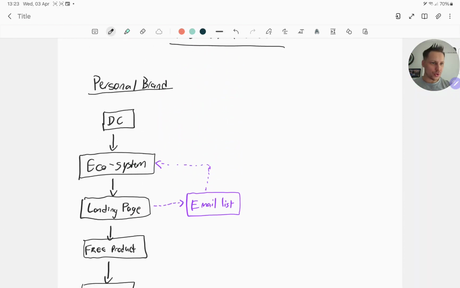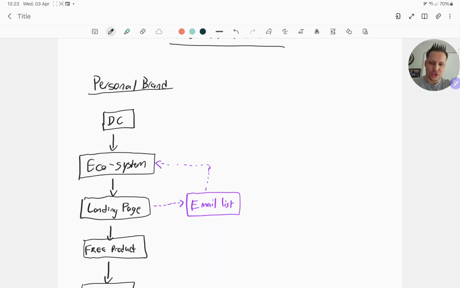Now this is for your personal brand. So usually I tell people like one product, $1 million, right? You should be able to get to at least $1 million with one product. And you can achieve this through scaling, right? So when it comes to your ecosystem, this is when you would bolt on a thing like Facebook pixels and Facebook ads and so on and so forth.